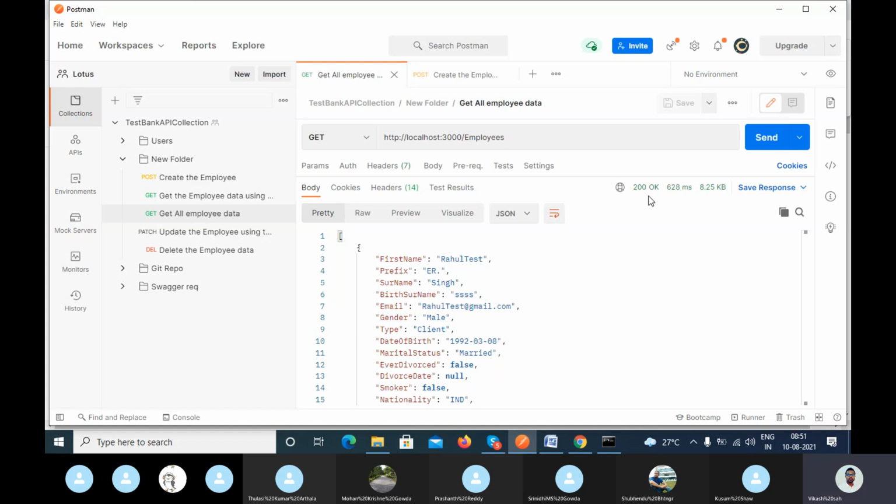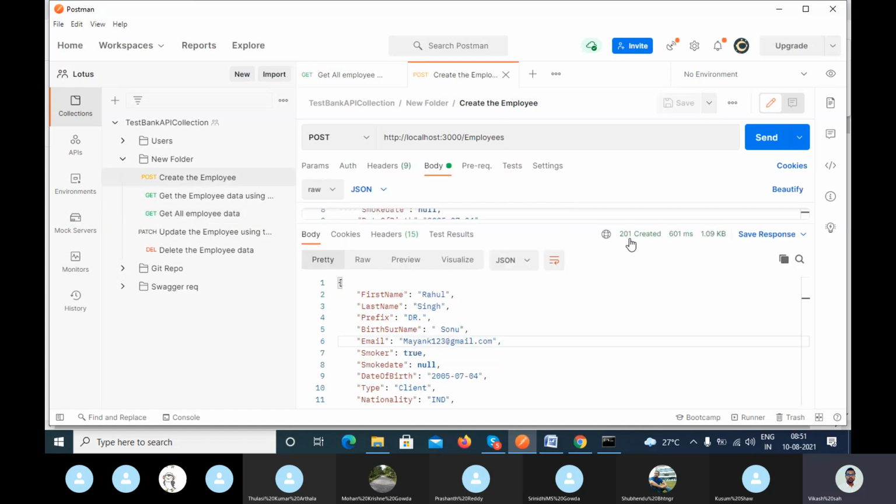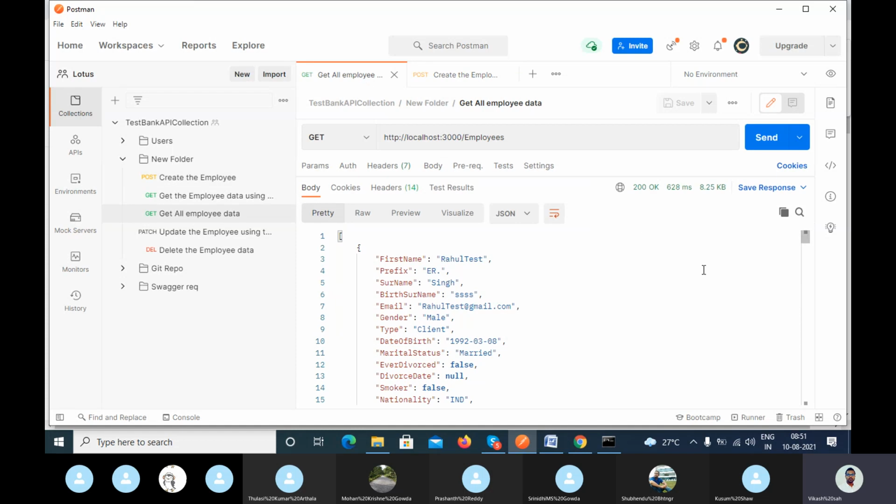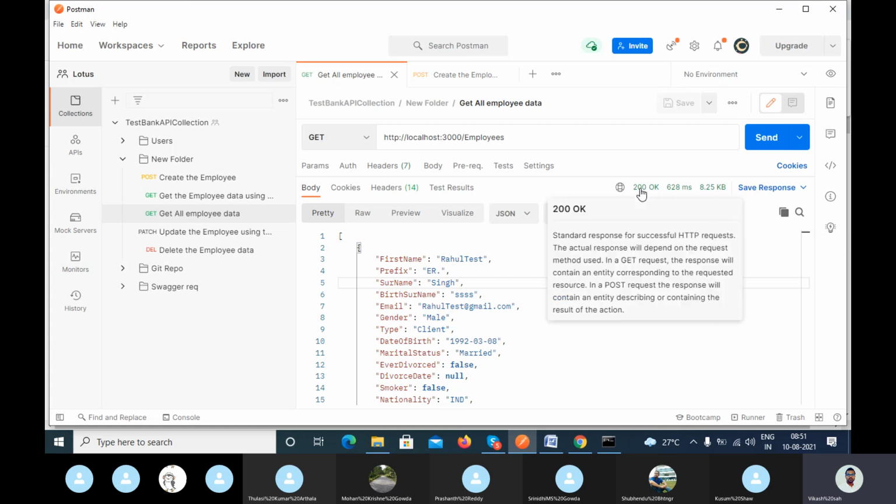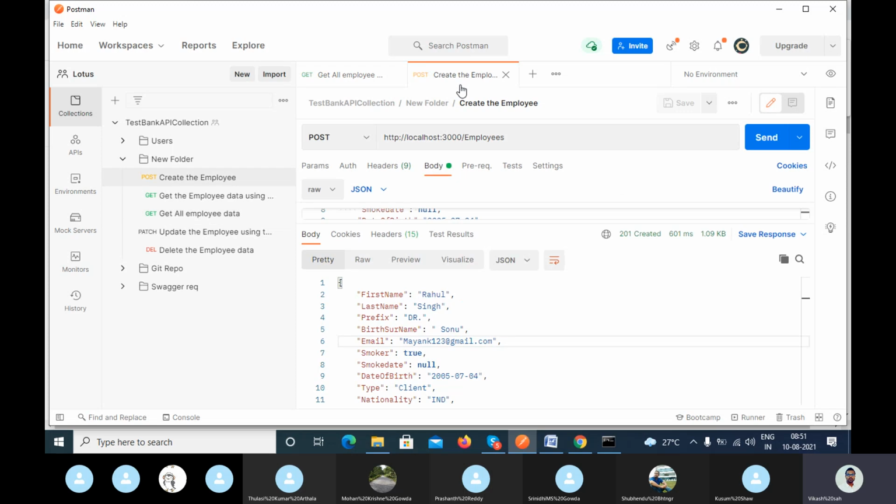not 201 created, because 201 is for creation, but here you are trying to get the data. That's why in a GET call we can only use 200, okay. Even if the client does not give you the requirement, if you are using a GET call, please do not implement 201 or 204. It should be only 200, okay. But in the case of POST, we can also use 201 or 200.